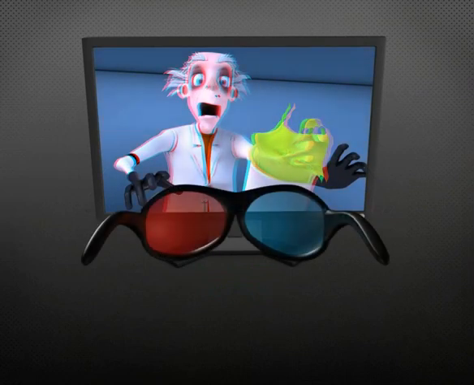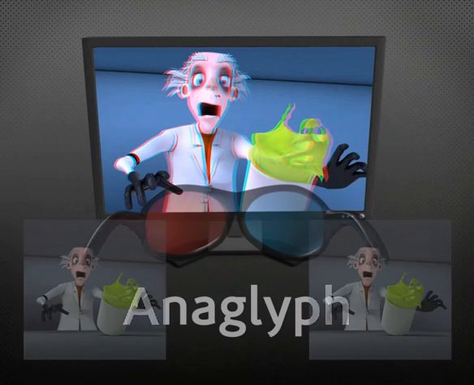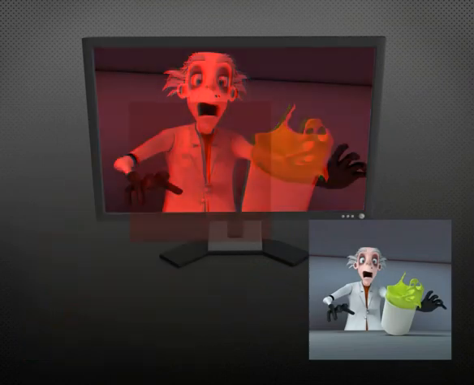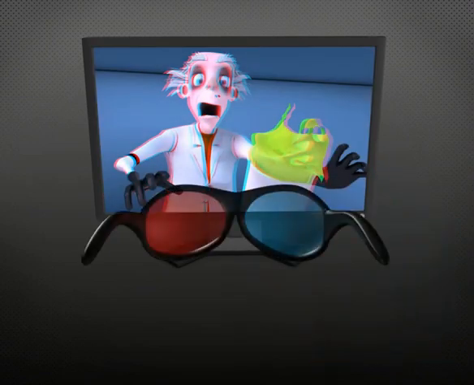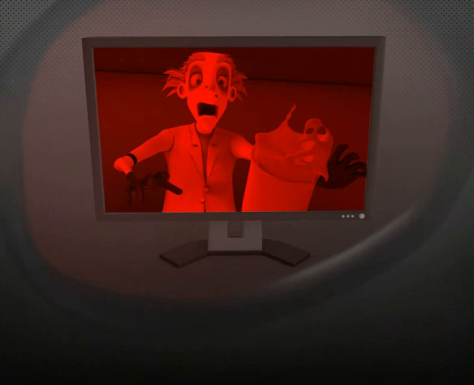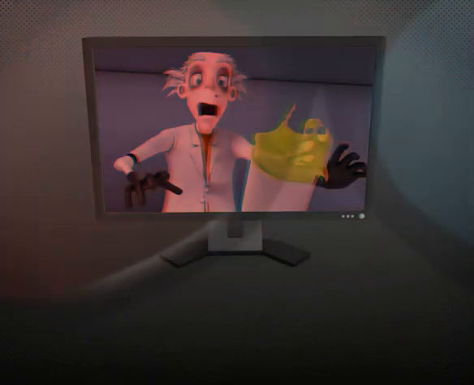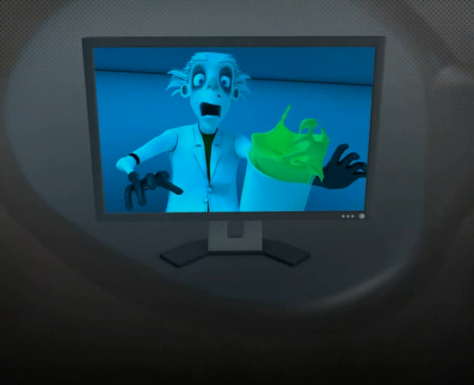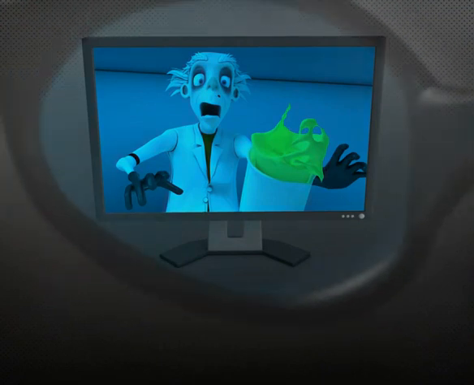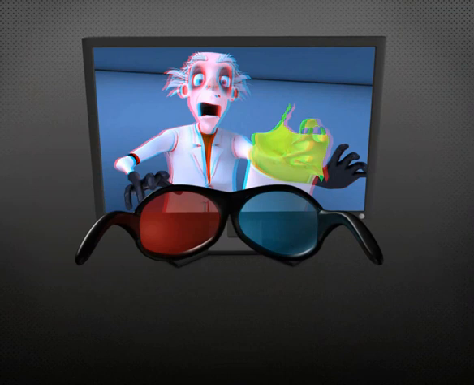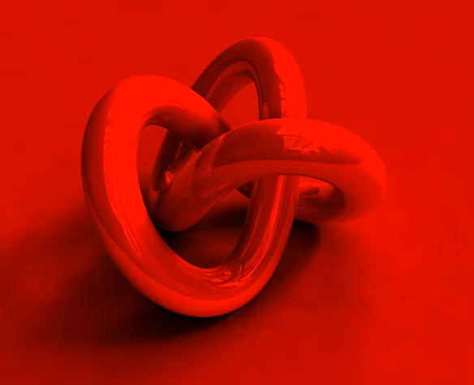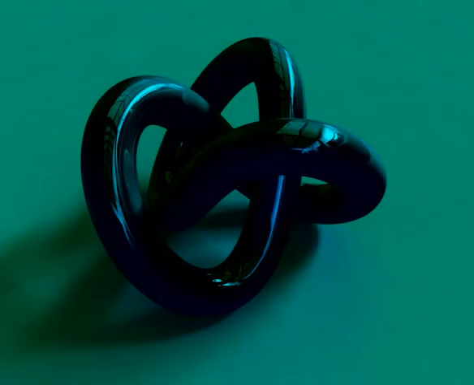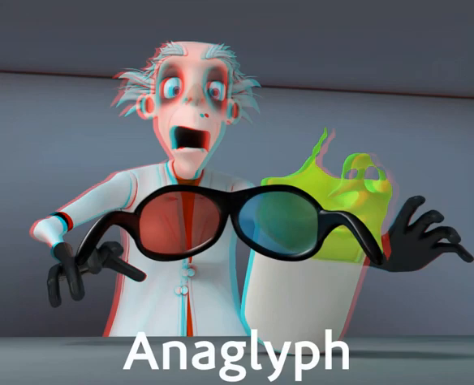Now, one filter type that you probably recognize is anaglyph. Anaglyphs are made by taking the red out of the left image and adding it to the blue-green of the right image. When you put on your red cyan glasses, your left eye is only able to see the red light off of that image, and your right eye can only see the blue-green portion of that image. Since we're using red and cyan as the filter, we have a very limited color space, so if we have an overly red object, the left eye will see it fine, but the right eye won't see anything. Now, this breaks the stereo effect,